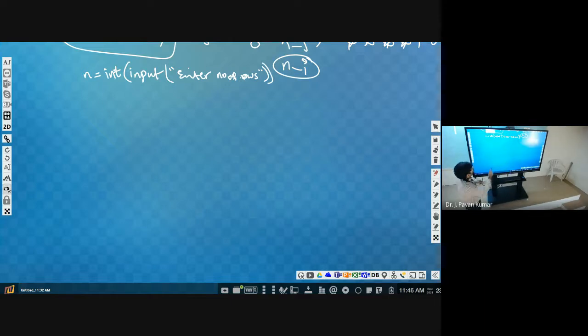Next, after taking the input, that is n, we have to use a loop. What is the loop? For loop. Then i in range 1 comma n plus 1. That is, we have to repeat from 1 to n. In each row, how many spaces do we have to print? N minus i.